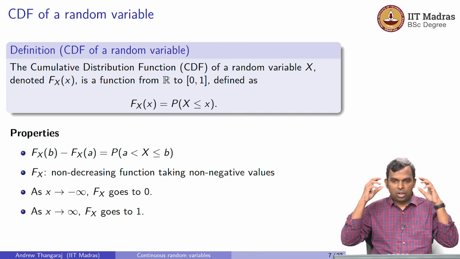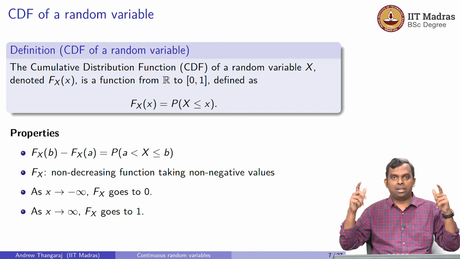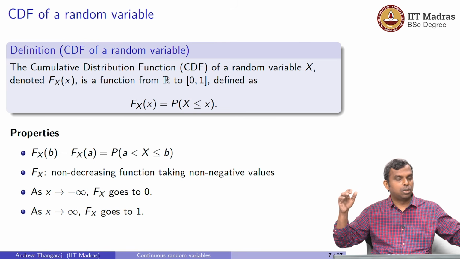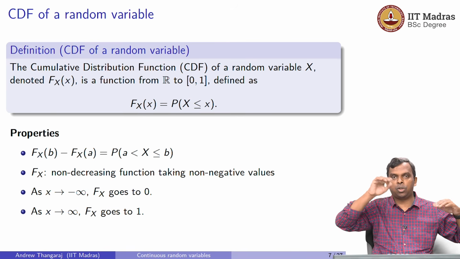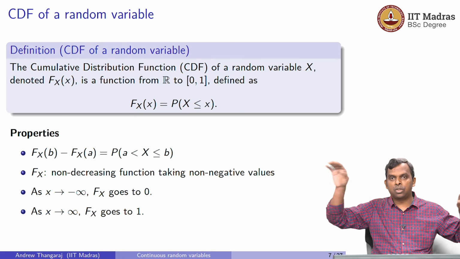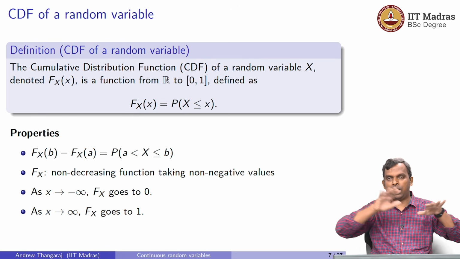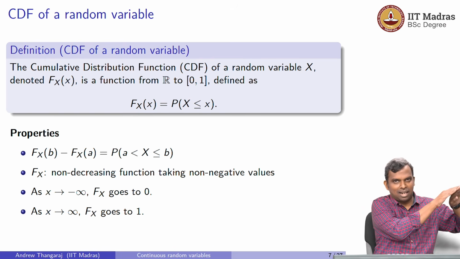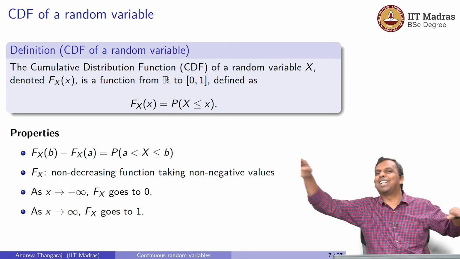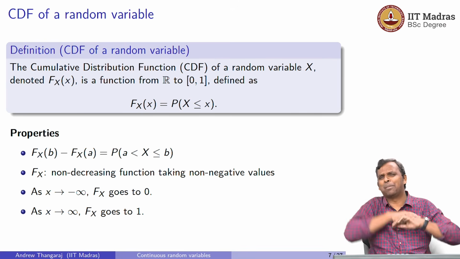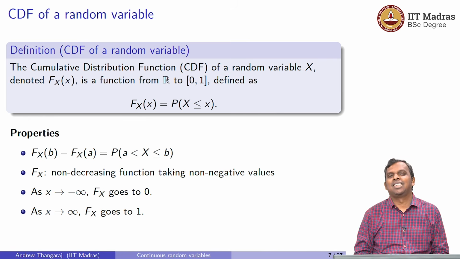Okay. So immediately picture this function. It starts at 0. It has to keep on increasing, it cannot decrease. It takes values between 0 and 1. At infinity, it goes to 1. So it will always have a picture like that. Any CDF will be like that. It will start at 0, maybe it will do some things, and then eventually it will go to 1. We don't know what's going to happen in the middle, but eventually that's what will happen.